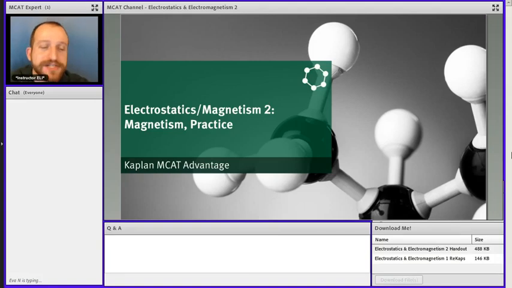We have a bunch of stuff that we're going to be covering here in the second magnetism and electrostatics session, where we're essentially going to be dealing with just magnetism. We're going to talk about magnetism, application of magnets, application of right-hand rule and how magnets influence other charges, and then do a bunch of practice problems. Because the best way to really get a feel for some of this is really just putting it into play, seeing the sort of MCAT problems you're going to see on test day, and making sure that you have that